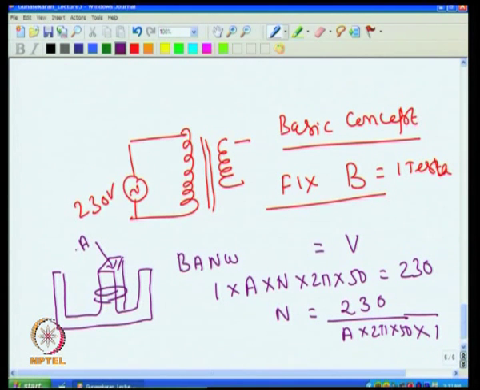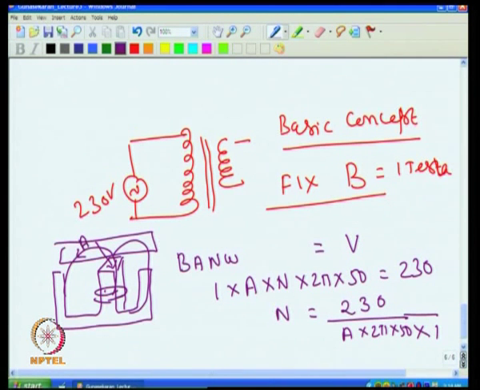That is, we had seen earlier that the magnetic field goes like this, and you will find that here the flux density will be only 1 Tesla, here also 1 Tesla, and the core will not get saturated. We are also utilizing the core fully, because if I do not set up 1 Tesla field, then I am not utilizing the core fully. So, this is the first principle that we have to look into in designing the transformer.